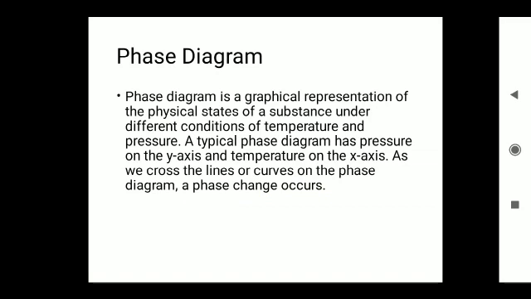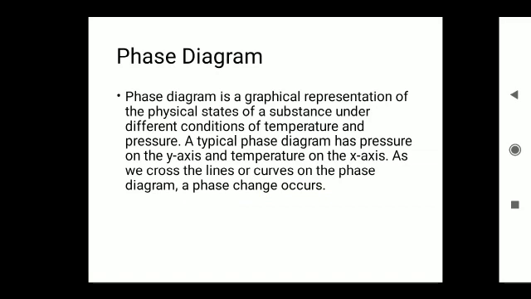Phase diagram. A phase diagram is a plot, a graph, between conditions of pressure and temperature in which two or more physical states can exist together in dynamic equilibrium. By the use of phase diagrams, we can observe the conditions of pressure and temperature at which substances can exist together.